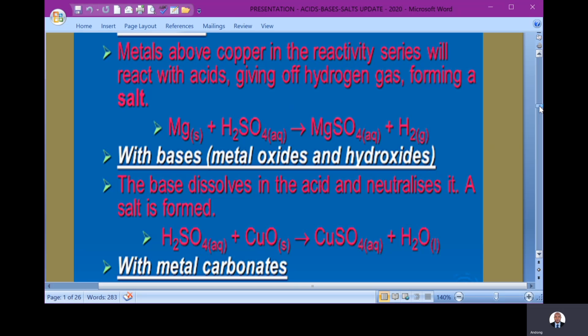When acids react with bases, there are some bases,